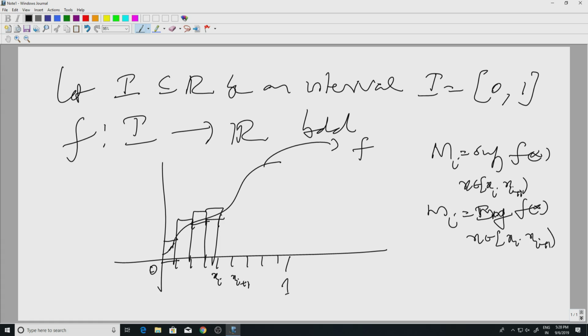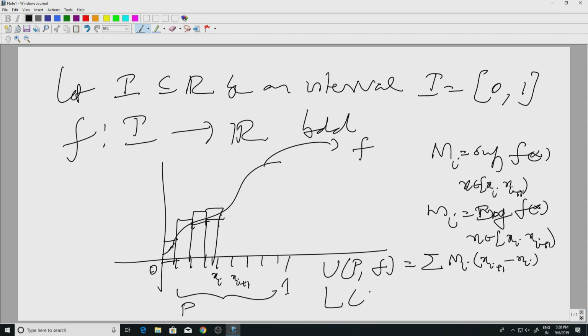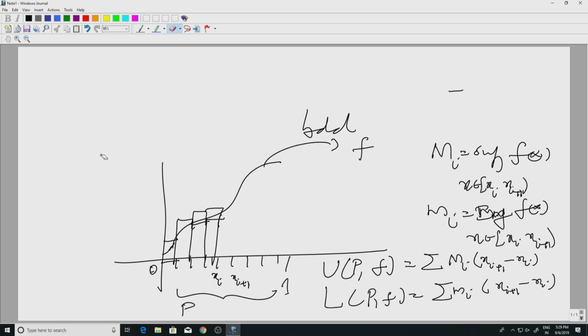Then we form the upper sum. So, let us say this partition is called P, then the upper sum of f corresponding to this partition is the summation of capital Mi times the length of the interval, that is xi plus 1 minus xi. Similarly, the lower sum is you choose the infimum of f in these intervals and multiply again by the length of the intervals. So, you get two quantities, and it is easy to see that the